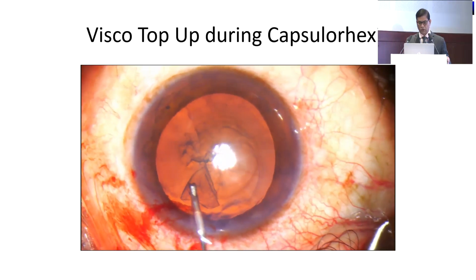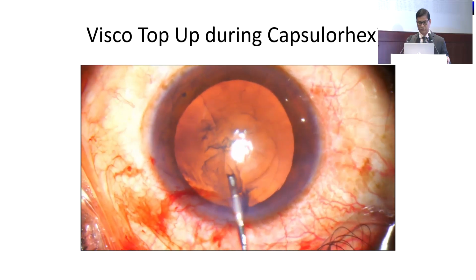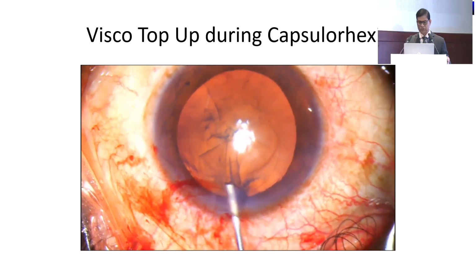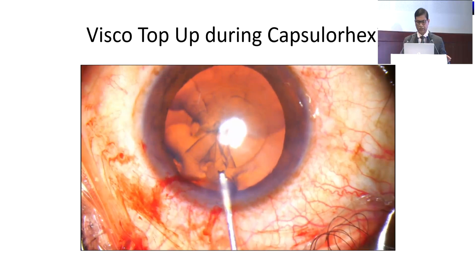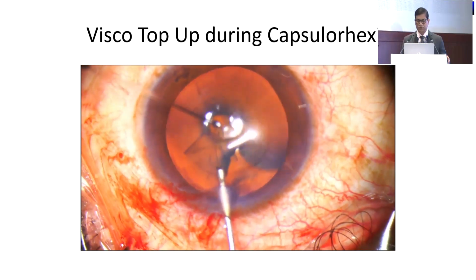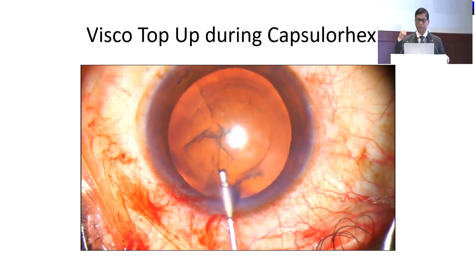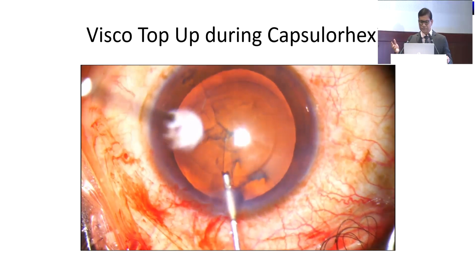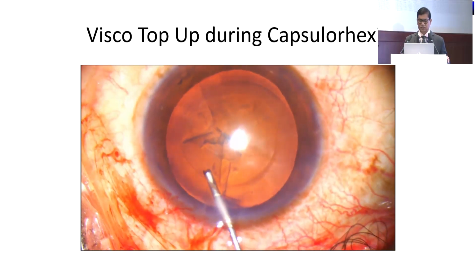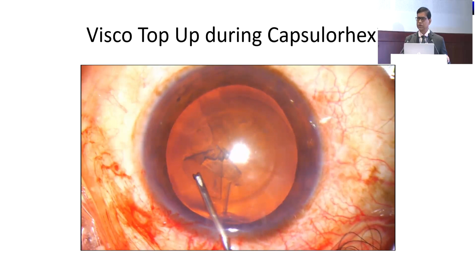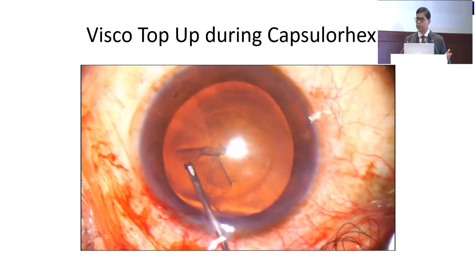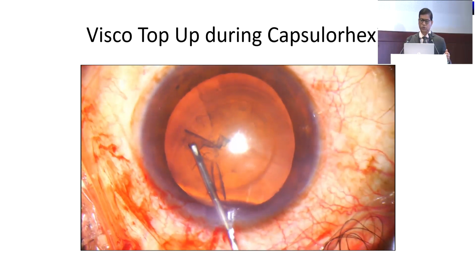So, what I did was I wanted to top it up. Just keeping my needle right over there, I top up the visco till the capsular access flap is flattened onto the rest of the capsule. Now everything is under control, and you can do this top up as many times as you want,